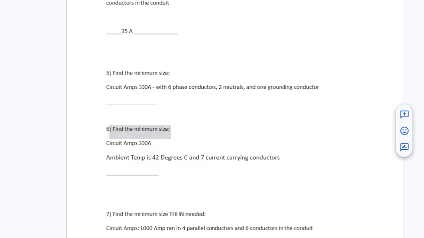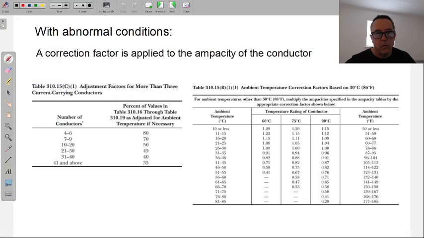So just to help you with that one, we go to the Celsius, 42, right here, and we're in the 75-degree column. And now we find our correction factor. Hey, this 0.82 is just chasing us around this whole thing. It's like, here I am again. Like, oh, can I shake you off? No. So if you figured that one, you can do this.